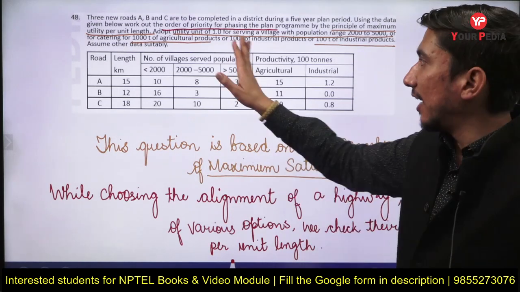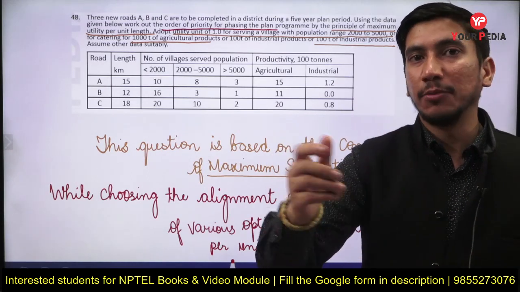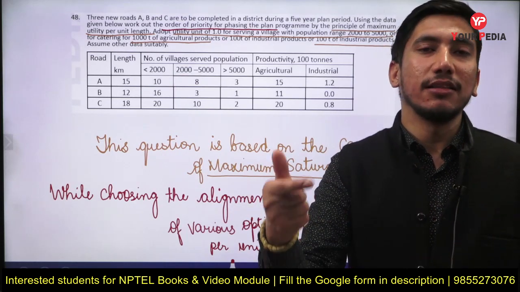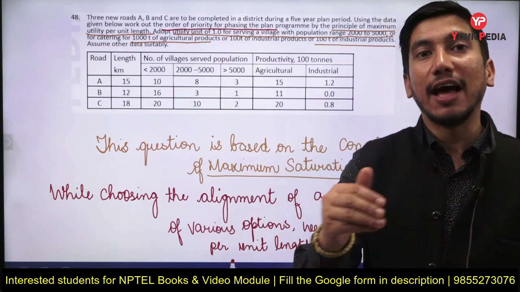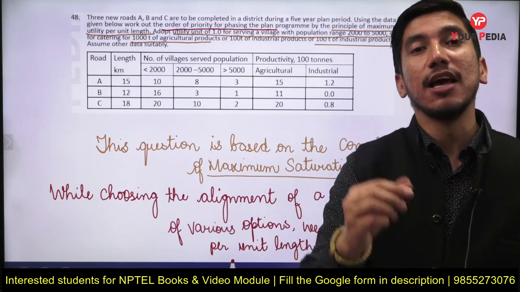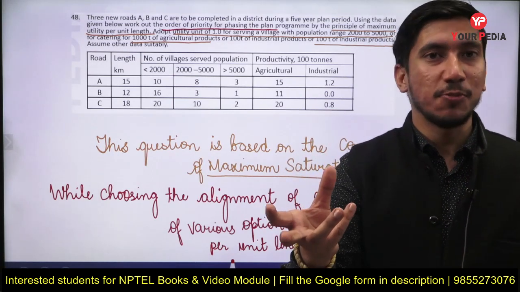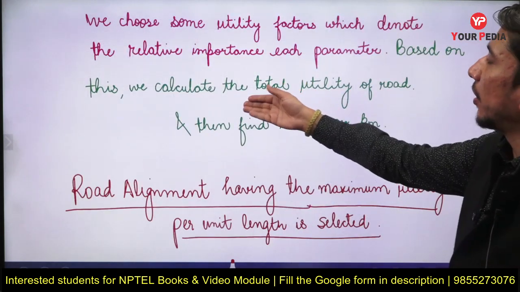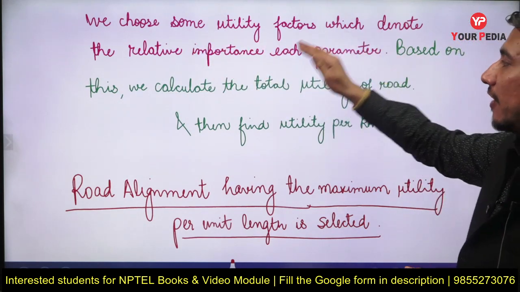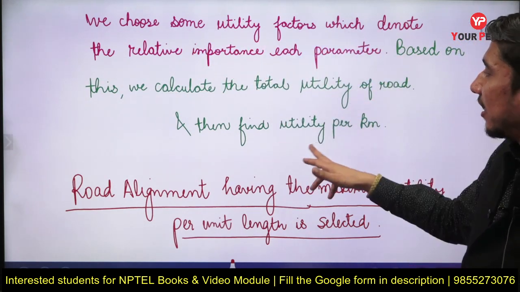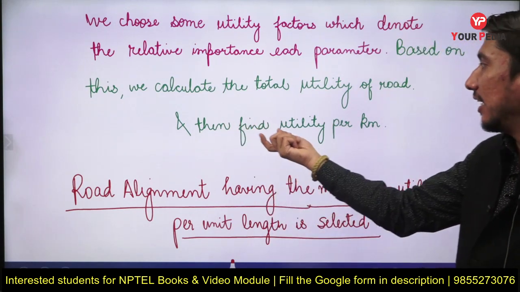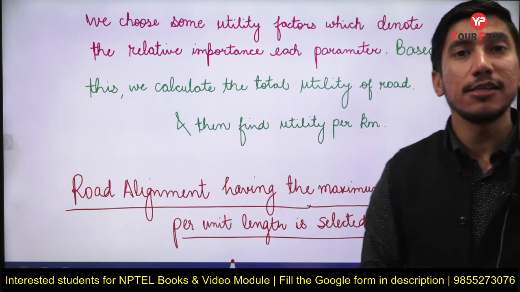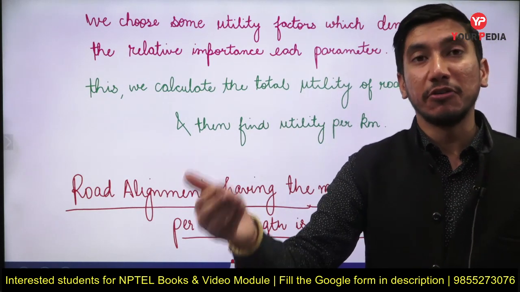In this method we collect such kind of data for various alignment options and then find the utility of each road per kilometer length, and the road having the highest utility per unit length is taken as the best alignment that is possible in this particular case. Okay, so this is what we do. We choose some utility factor and we find the total utility of the road, then we divide it by its route length and find the utility per kilometer. Road alignment having the best maximum utility per unit length is selected,